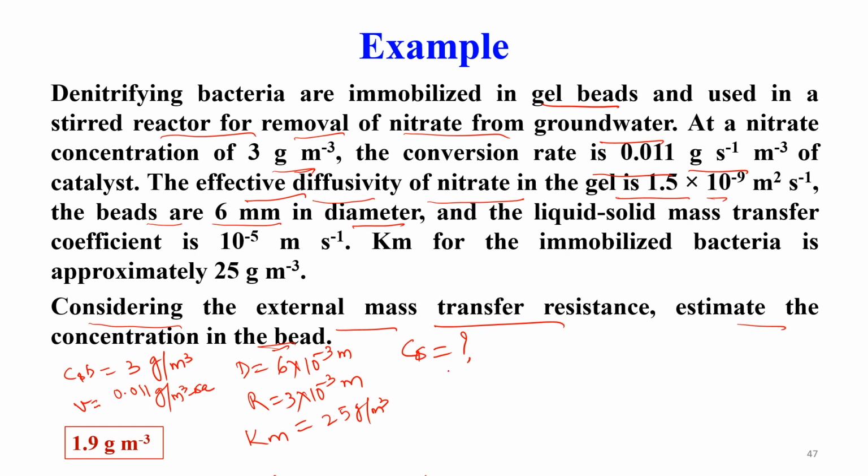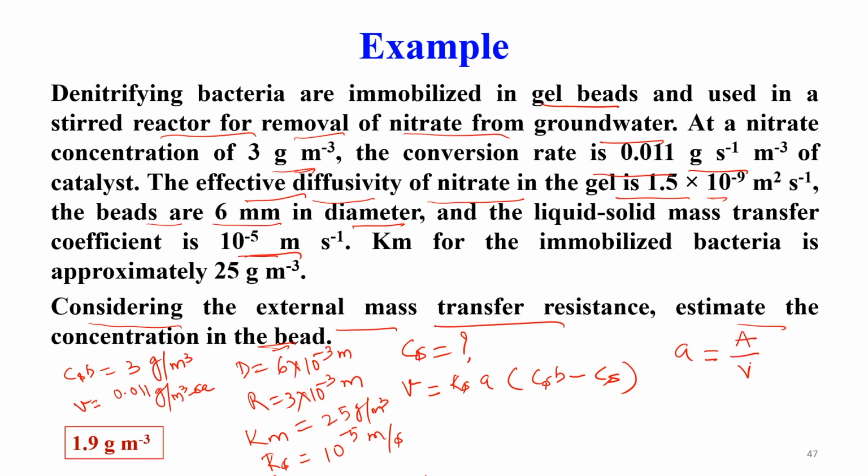So, we can simply apply the rate equation. What is the rate? V equals Ks, the mass transfer coefficient. The liquid-solid mass transfer coefficient is 10 to the power minus 5 meter per second. Ks is 10 to the power minus 5 meter per second. Ks A into Csb minus Cs. What is the A? It is the interfacial area, meaning surface area